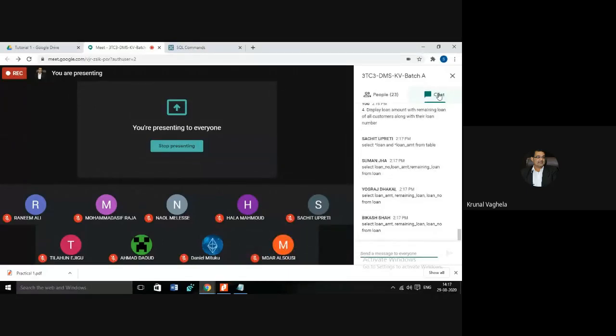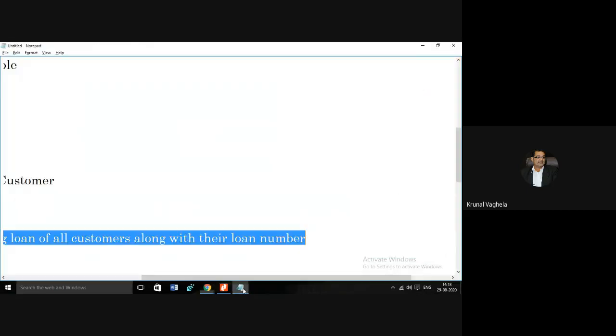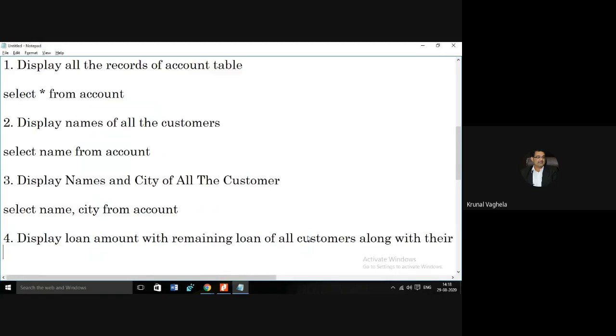Yogaraj, your query is right, but a little modification you can do. Always display loan number first, because loan number will come first, loan amount will come later, and then remaining loan can come. So now if you see the query, you have been asked three things: loan amount, remaining loan, and loan number.